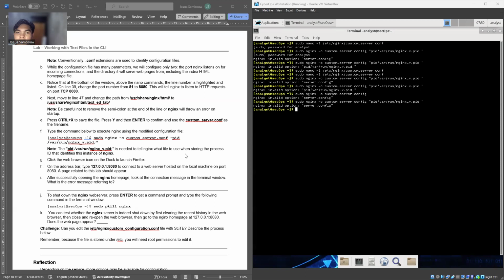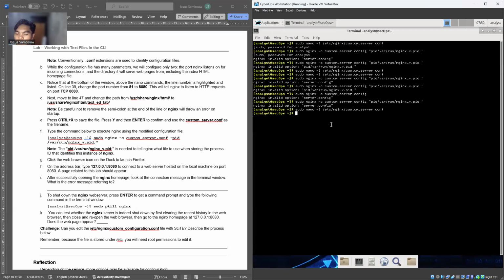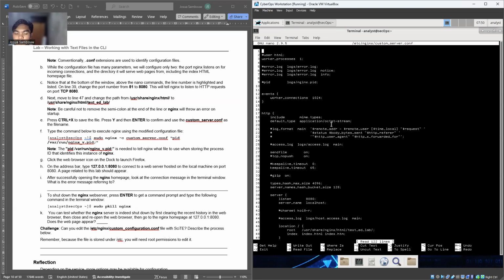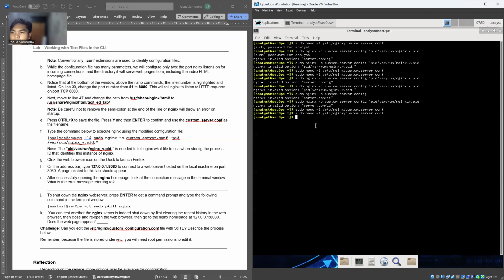I just realized that I did not change the server as to down. Now, for the last time, I have to open again the sudo, no, I have to open it again like that.